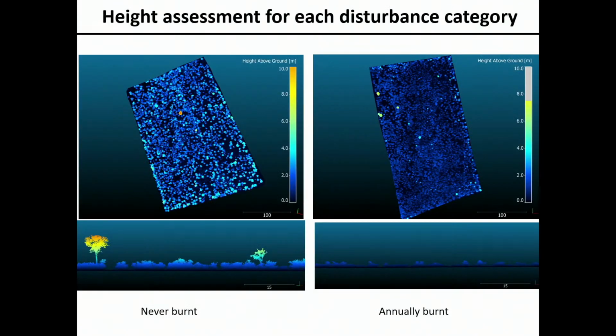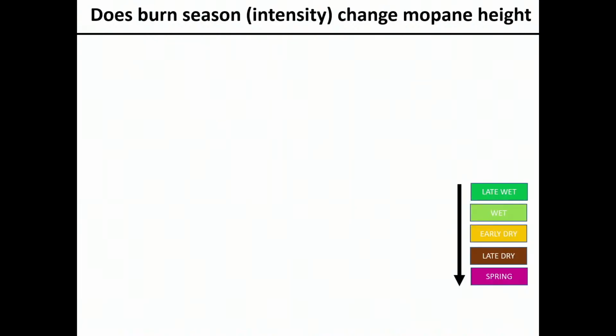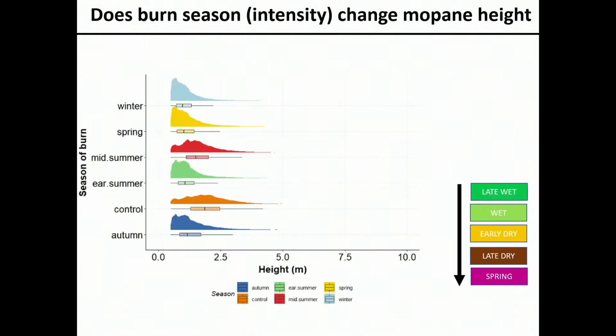And it would have been really tedious to go and actually measure all of this. So enter the Andrew Davies lab, who've been flying LiDAR on these plots. That gives us the opportunity to count the individual number of trees and have the height of all these trees occurring within these plots. So I'm going to ask these 2 very simple questions. What is the burn season, which is a proxy for fire intensity? How does this affect Mopani height profiles?